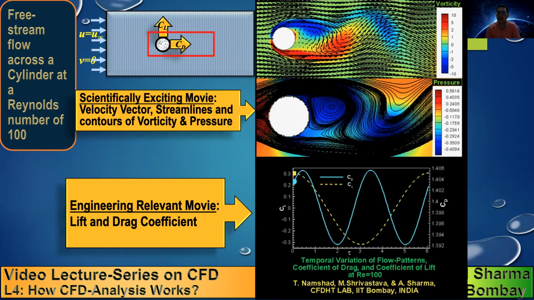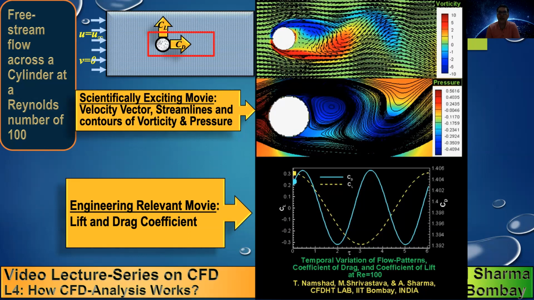And you know that for rotation, normally we take anti-clockwise rotation as positive and clockwise rotation as negative. So locally you can see that in this region, the fluid is rotating in the clockwise direction, and where you have a red color here, it's rotating in the anti-clockwise direction. And most of the rotation you can see is near the solid surface. When you move further away, you can see that the magnitude of rotation, denoted by the magnitude of the vorticity, becomes smaller. In this movie, the color corresponds to the pressure contour and the line corresponds to the streamline.